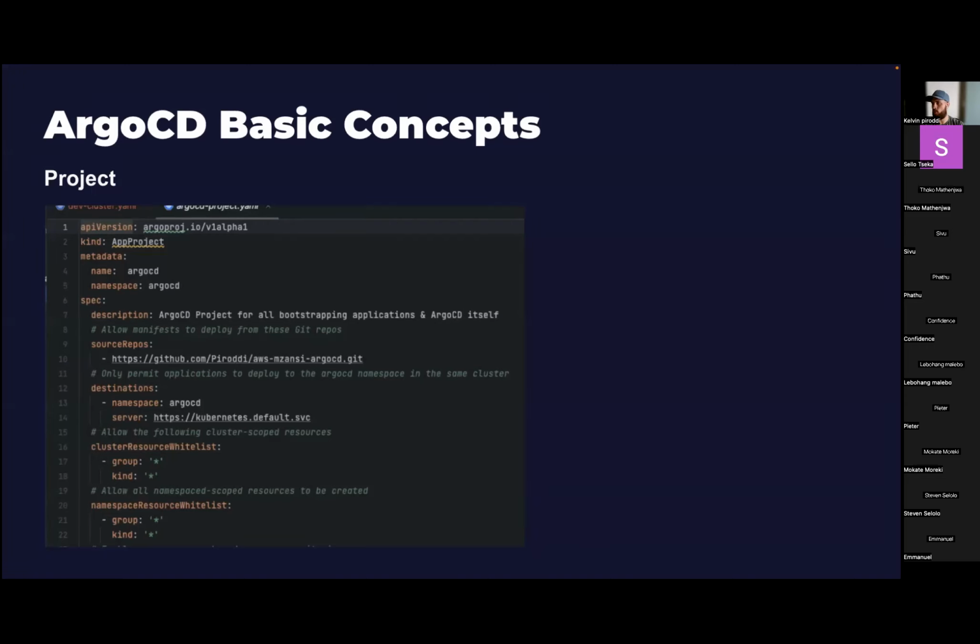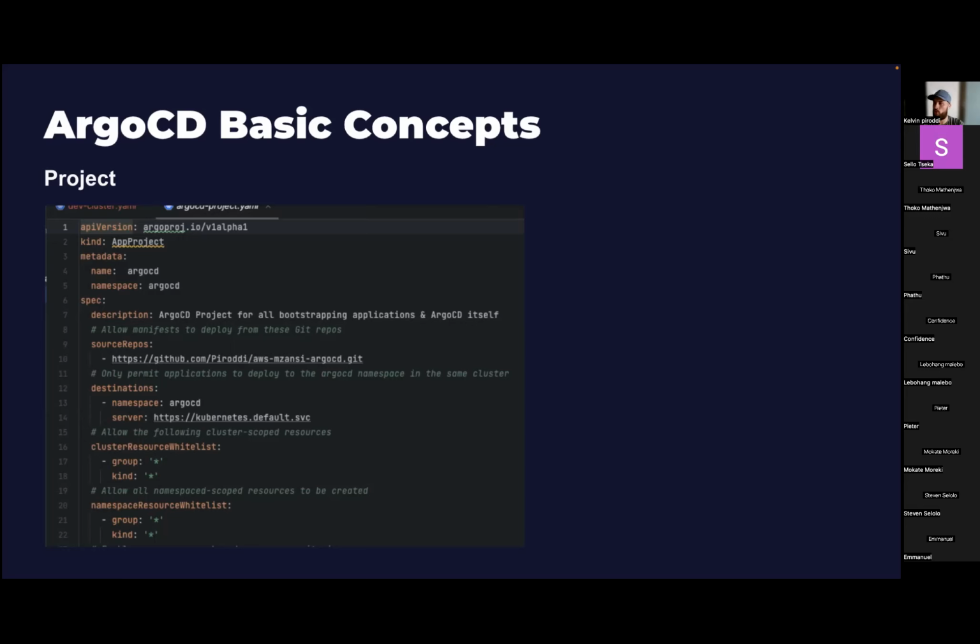Sure. So one of the most common use cases for ArgoCD is to manage multiple environments. You can imagine ArgoCD manages your developer environment, your QA environment, and your production environment. You don't want to give everyone access to deploy to your production. So you'll create a project for production and only allow certain people, or certain times of the day, where you can deploy to production. You can control that on the project. And then you'll have a dev environment where you can pretty much say, fine, dev is open. You can deploy whenever you want. You can deploy any type of resource. You can choose any source. But obviously for production, we want to keep this very safe.